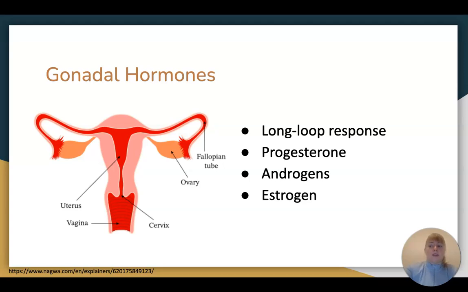But if estrogen rises rapidly to a threshold level and remains high for at least 36 hours, feedback switches from negative to positive, and gonadotropin release, particularly luteinizing hormone, is stimulated. The paradoxical effects of estrogen on gonadotropin release play a significant role in the female reproductive cycle. They're not sure of the mechanism behind the change between the negative and the positive feedback, but it could be mediated through kisspeptin secretion again. On the left, you see a basic diagram of the female reproductive system, where you can see the ovaries right here, which is what we're discussing.